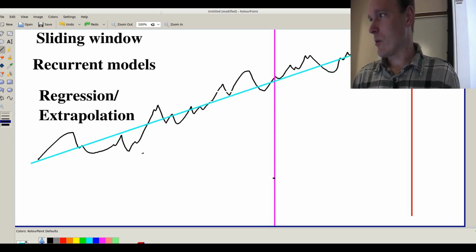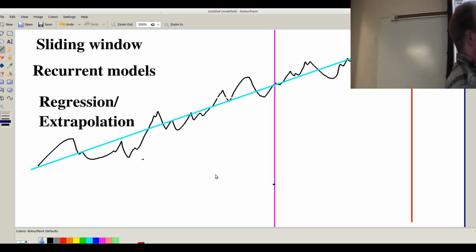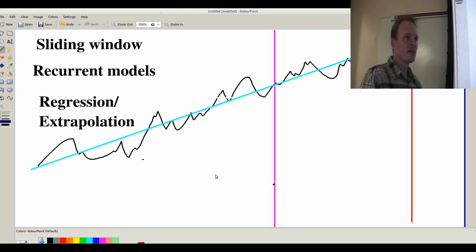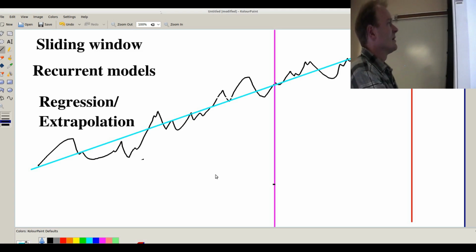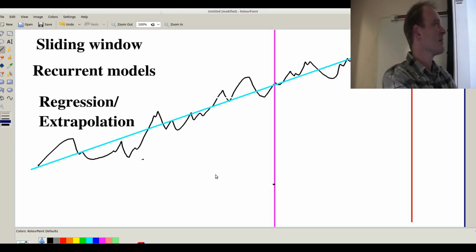The usual way people do regression and extrapolation is with linear models, because if you have a line, while it's going to ignore all the seasonal and all of the oscillating fluctuations in the model, it does a great job of predicting far into the future, except that it's ignoring all the finer details that you might be interested in.